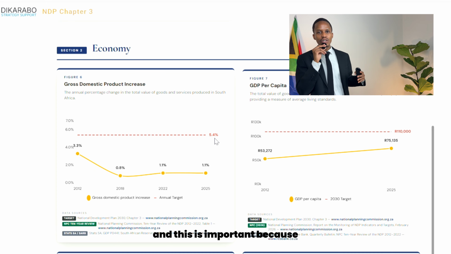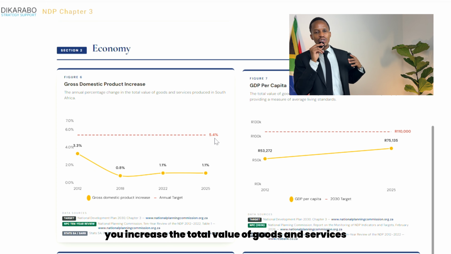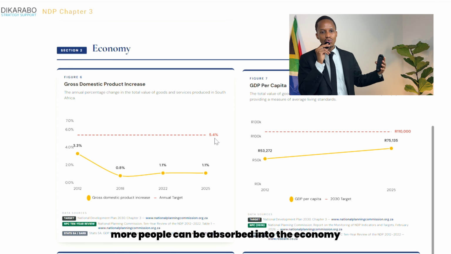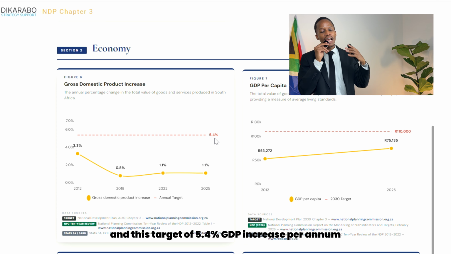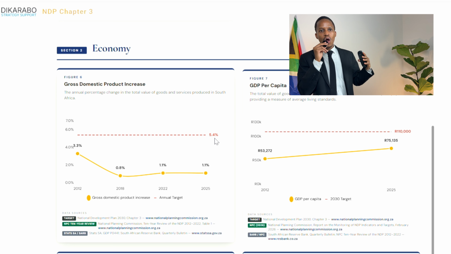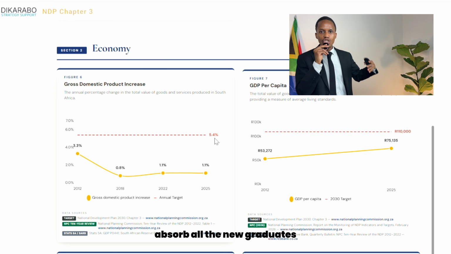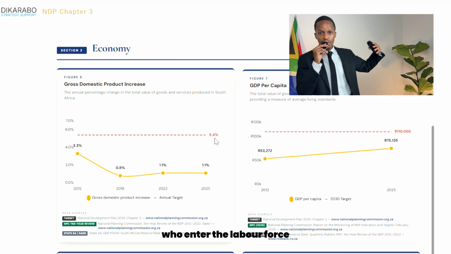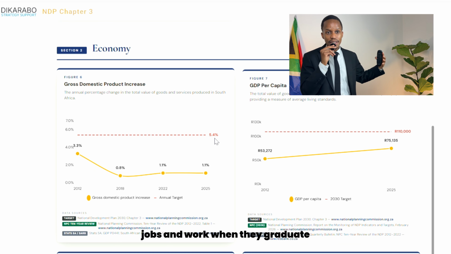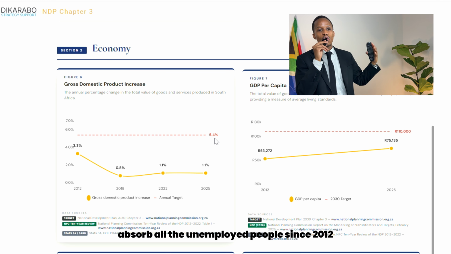And this is important because if you increase the total value of goods and services produced in the country, that means there's more economic activity and output in the country, and that means more people can be absorbed into the economy and be gainfully employed. And this target of 5.4% GDP increase per annum is what would be required to absorb all the new graduates who enter the labor force into jobs and work when they graduate, and to over time absorb all the unemployed